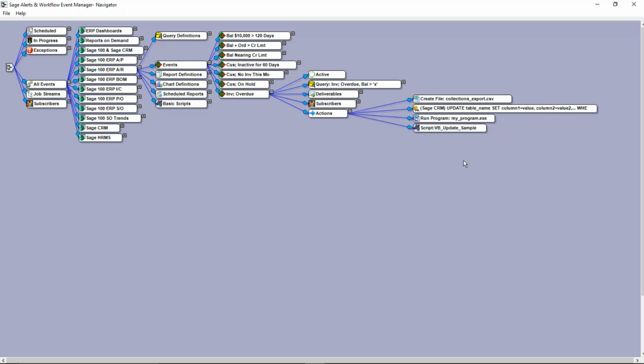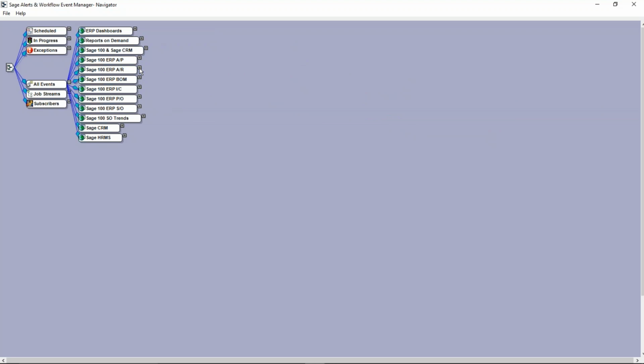And do note that when I talked about workflow, I'm talking not only about going back into your Sage ERP application and adding or updating data. Alerts and workflow can also do such things as taking data out of your Sage ERP system and automatically adding it to perhaps a sales or CRM database. Okay, so you've got an idea for how alerts and workflow operates, how the application is designed. Before we leave the application, I want to share with you one example of just how sophisticated you can get in terms of your event configuration.